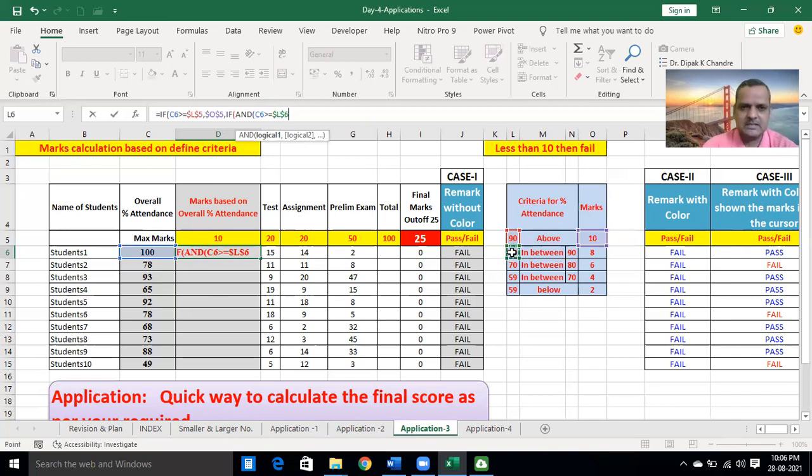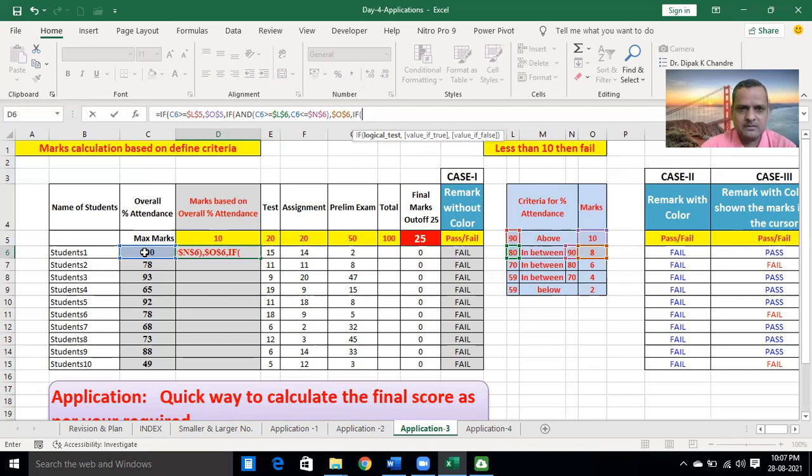Lock this L6. Logical 2, C6 less than 90%. Lock this 90%. If true, then the value is shown as 8. Lock this 8.